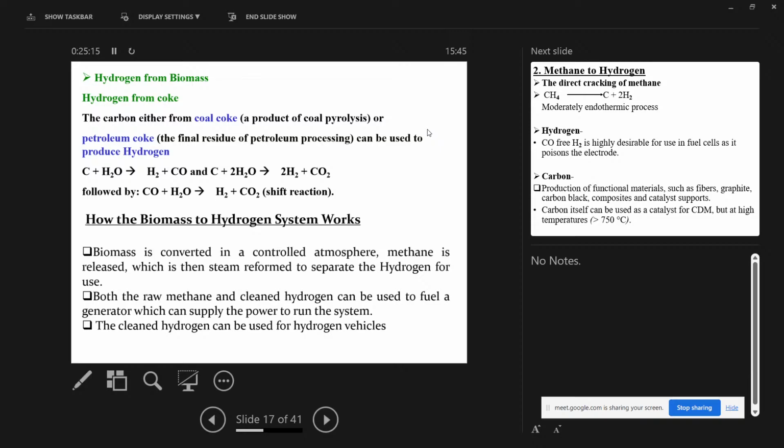So in the conversion of hydrogen, it will be converted to syngas, that is H2 and CO. After this, it is again converted through the shift reaction, which converts C plus H2O into twice H2, and finally the shift reaction will give only the hydrogen energy. EVX is the hydrogens.